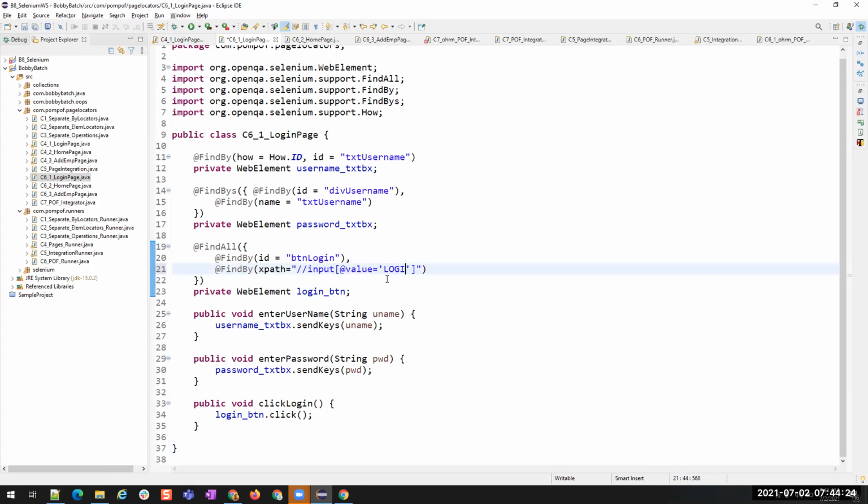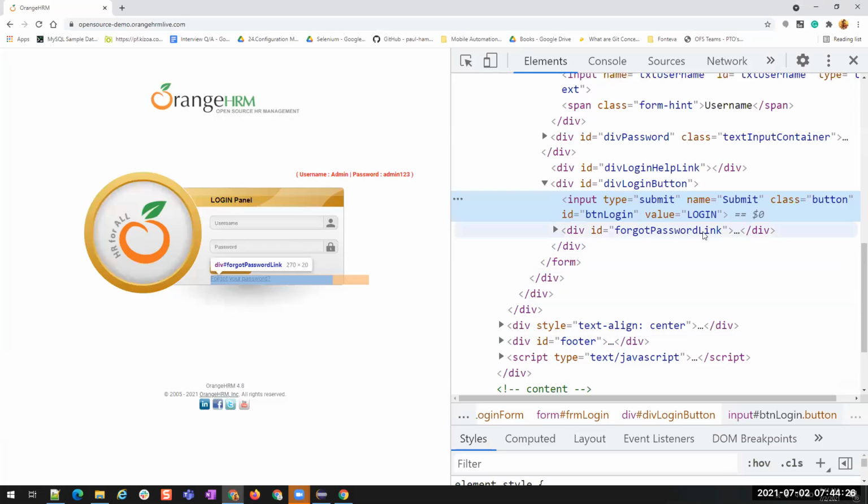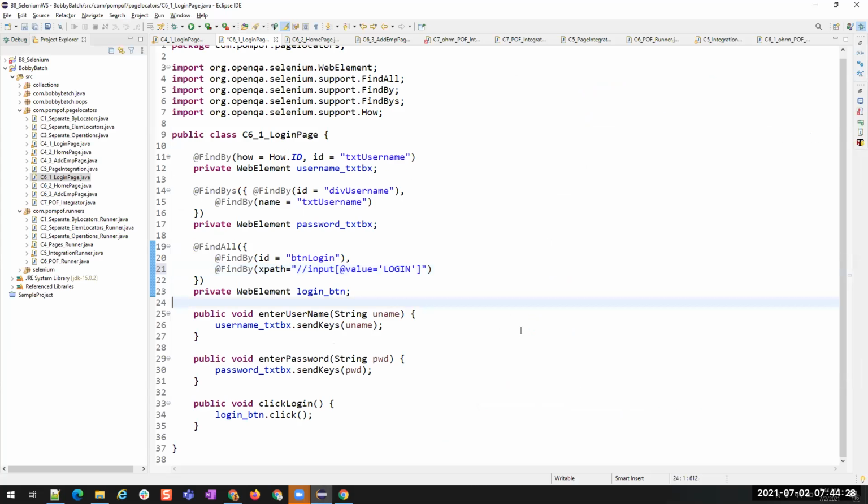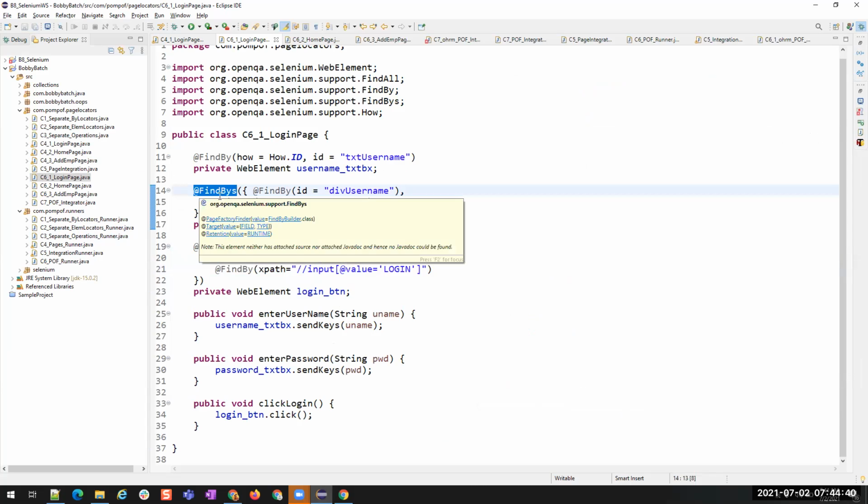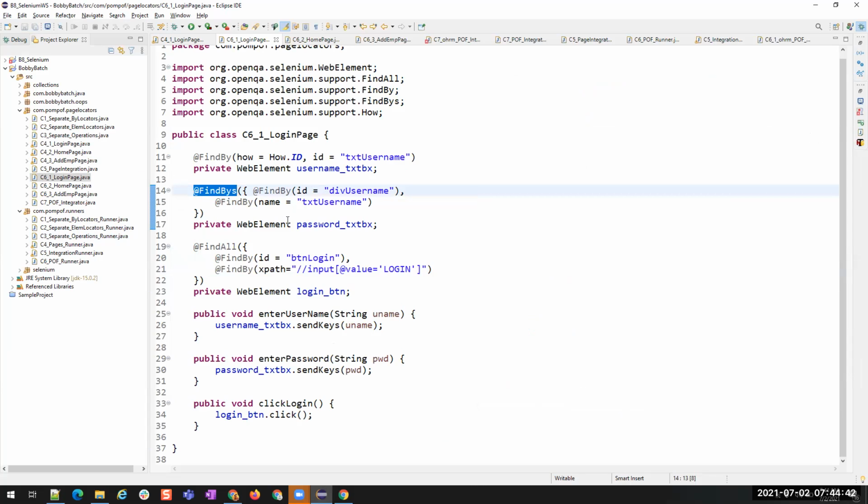Single quotes, login, everything is in caps. Okay. Now, what is this FindAll going to do is, it is trying to find an element which is matching either this property or this property. FindAll is or, FindBys is and hierarchical and. It should find this element, and inside this element it should find this.